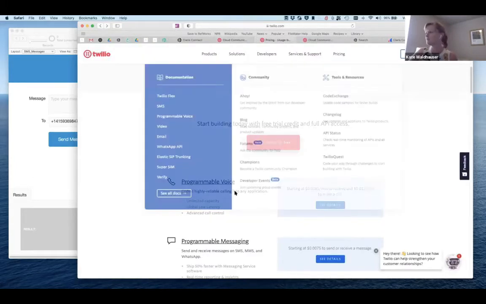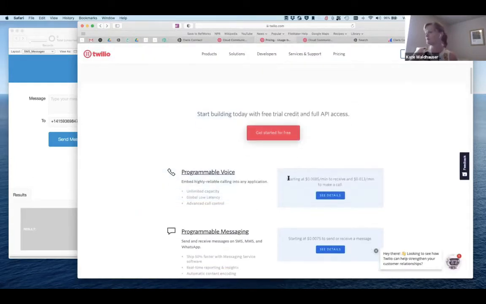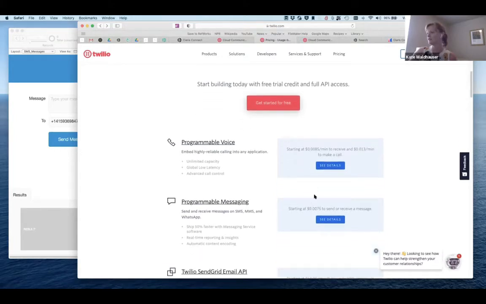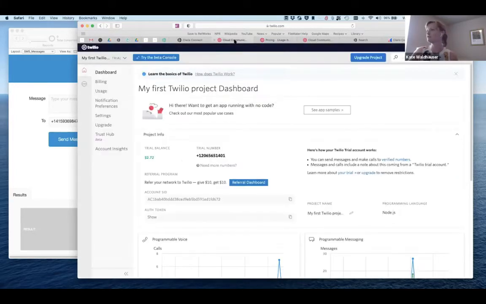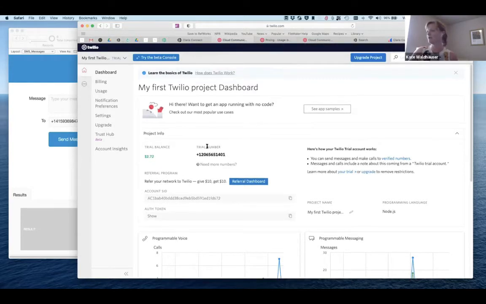That's what I was showing on the pricing page. You can see here that voice calls start at 0.0085 cents a minute, and messaging depends on the number of messages and calls and what you plan to do with it. When you sign up for a trial account, they give you a balance just for testing with.